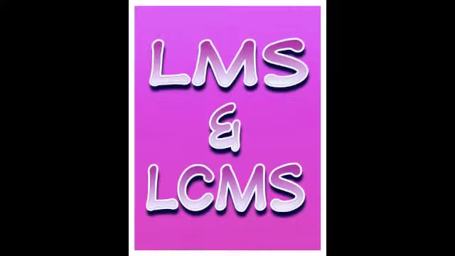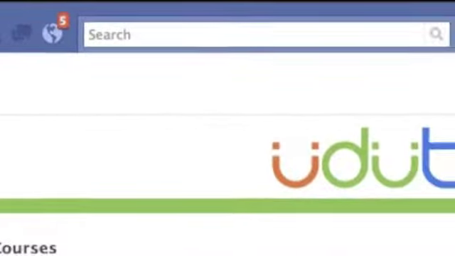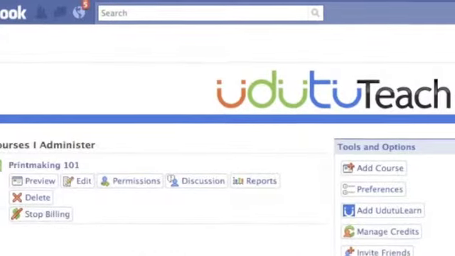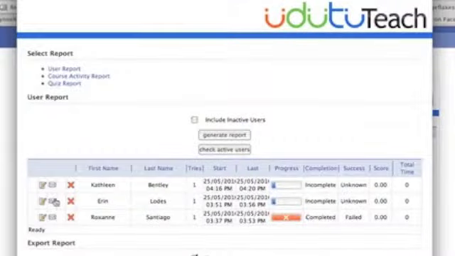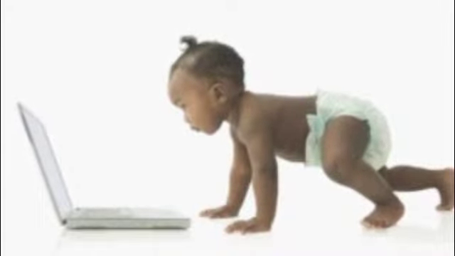Using an online learning management system or learning content management system allows content to be shared among other art teachers in my district at the same grade levels. If Facebook could be accessed in our district, students could use the application Udo2Learn to access lessons, and teachers could use Udo2Teach to use the learning activity reports to see the results of our students and where they are in a particular course. The future is now. What are we waiting for?